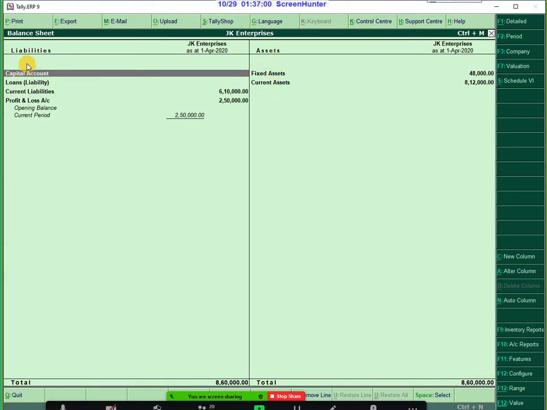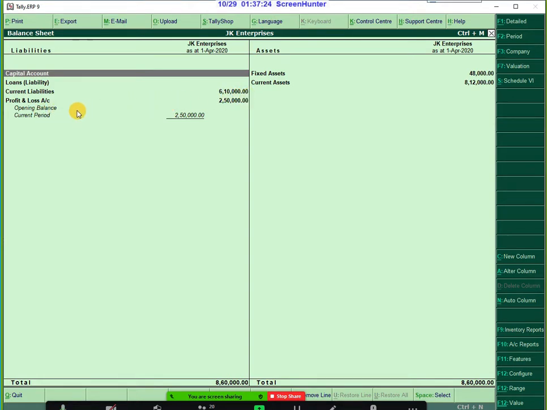Okay, see, in the liabilities column, current liabilities is there, loans and liabilities. We don't have any loans, so here blank space is there. Current liabilities are 6,10,000.